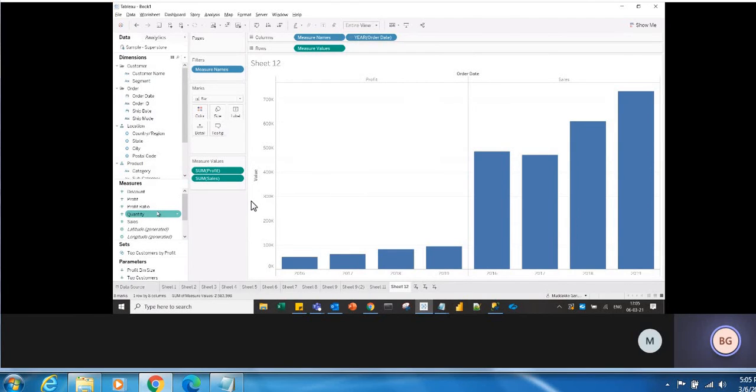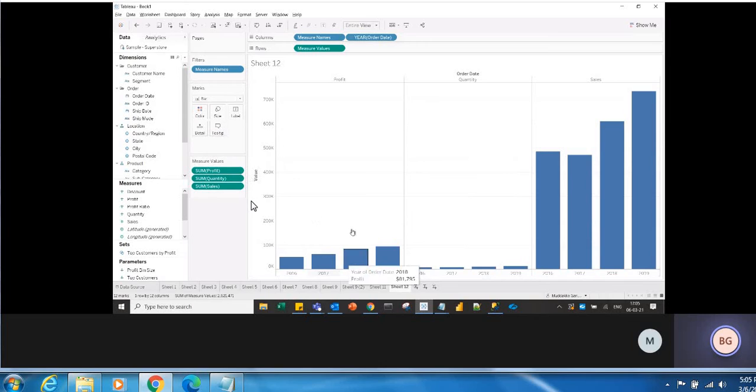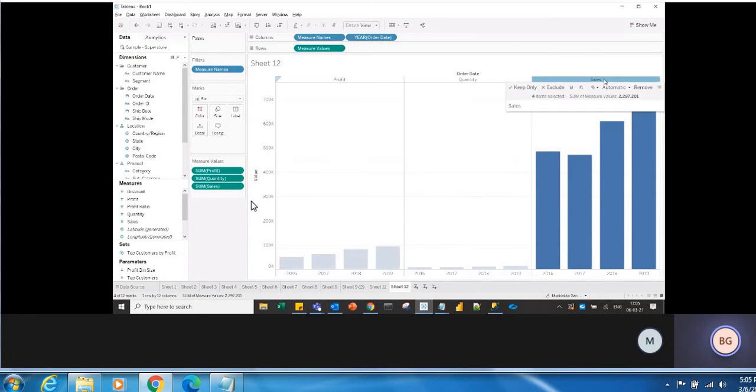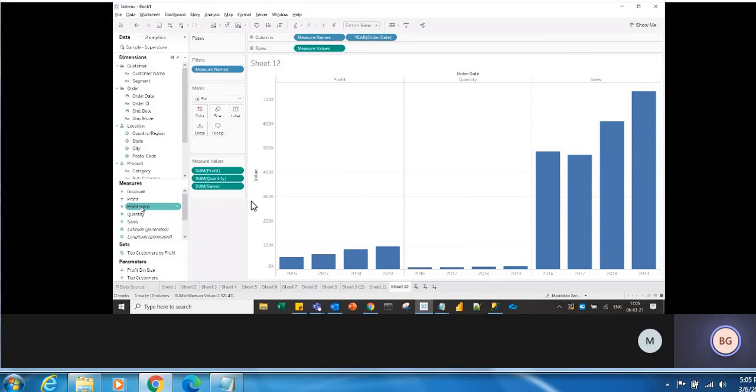One thing, you drag this quantity into the existing axis again, correct? See, now what happens? Profit, quantity, sales. You have a single axis, three measures you are comparing. Or if you want to drag another measure, let's say discount, either you can drag it into the existing axis or simply put it under the Measure Values here.